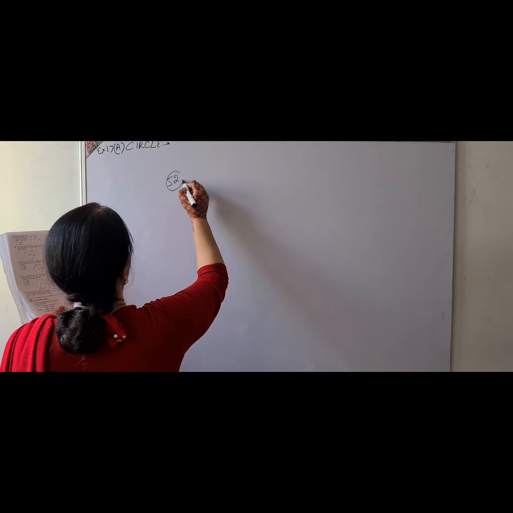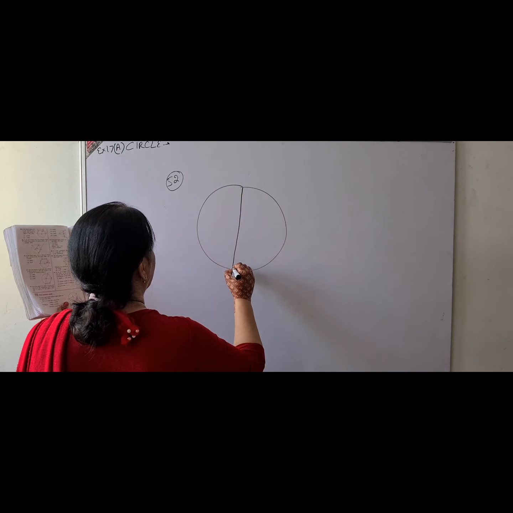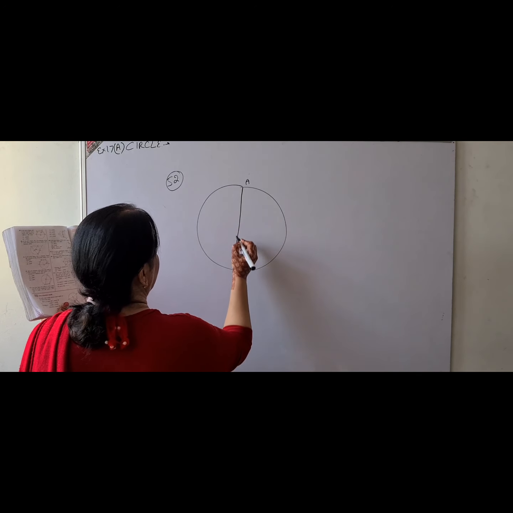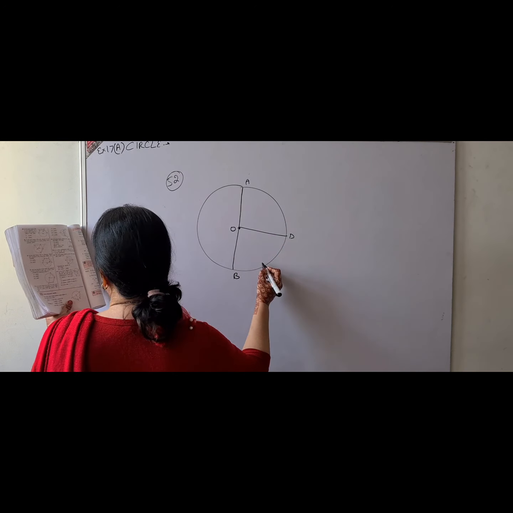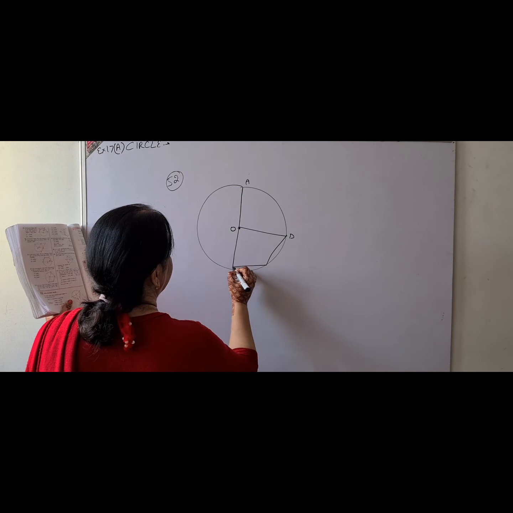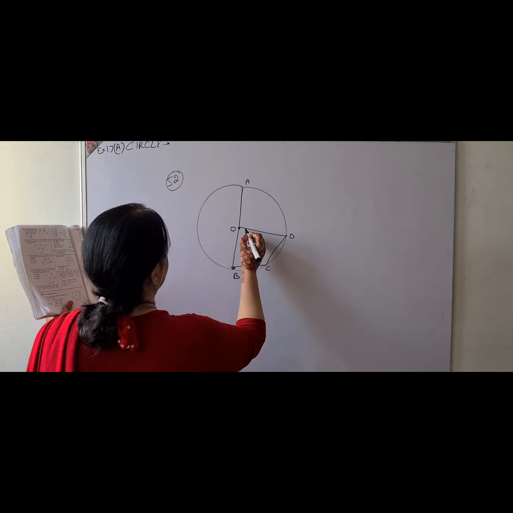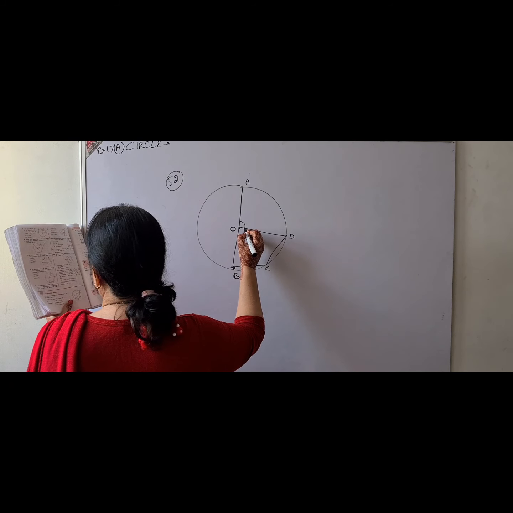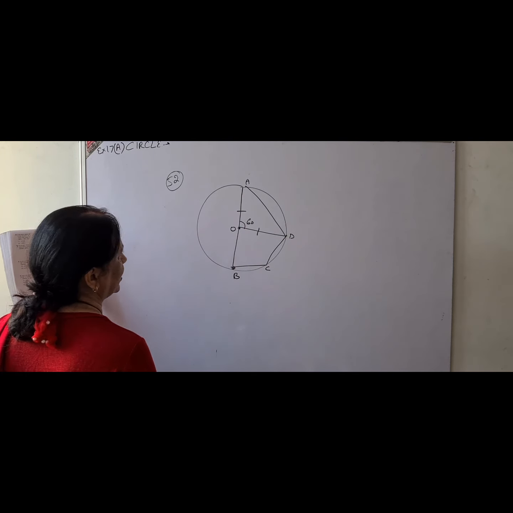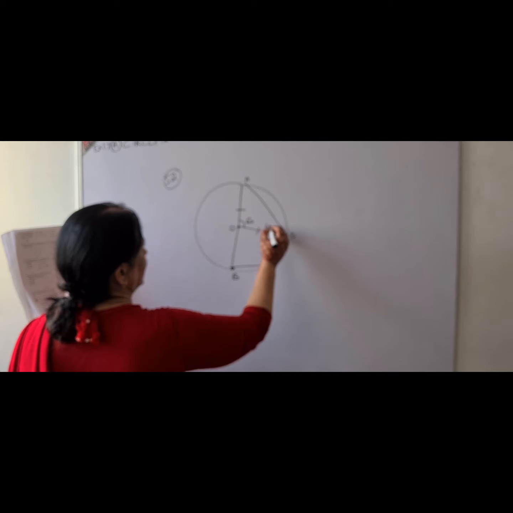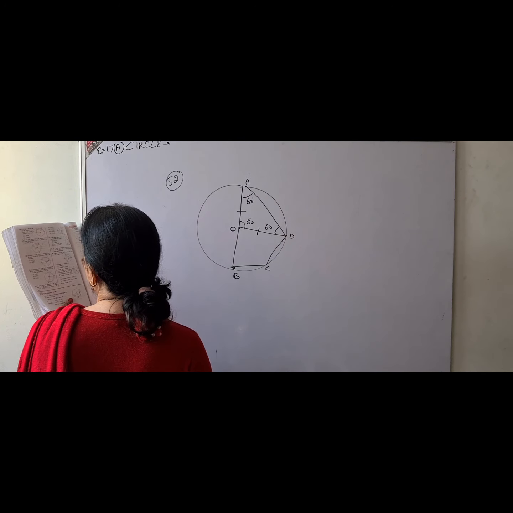Question number 52. Be careful. It is a question in which O is the center, AB is the diameter, OD and DC are joined, and AOD is 60. AOD is 60, so OA and OD are equal to each other because they are radii, so these two angles are also 60. I am just writing it, maybe we use it somewhere. Then first is find ABD.